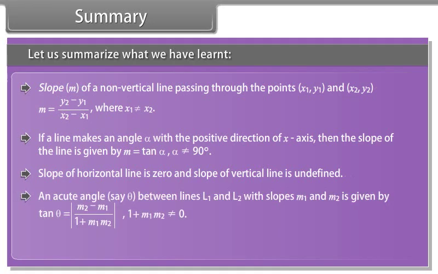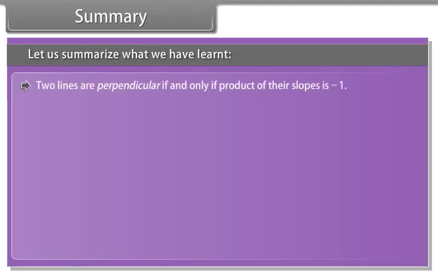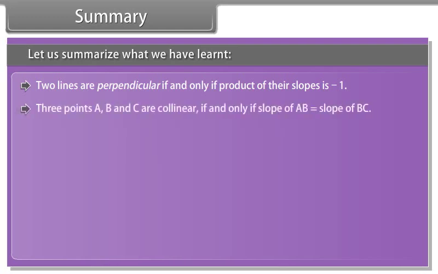An acute angle between lines L1 and L2 with slopes m1 and m2 is given by the formula, provided 1 plus m1 m2 is not equal to 0. Two lines are parallel if and only if their slopes are equal. Two lines are perpendicular if and only if the product of their slopes is minus 1. 3 points A, B and C are collinear if and only if the slope of AB is equal to the slope